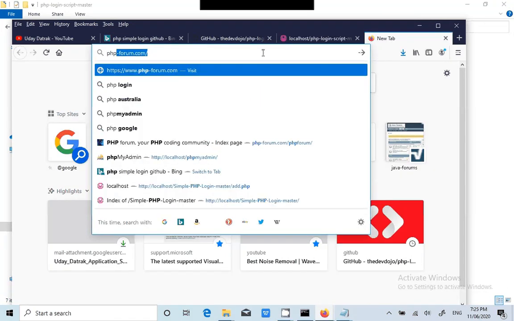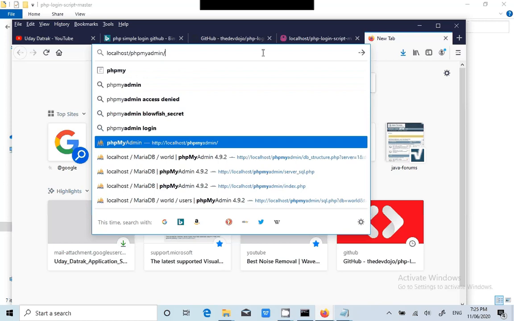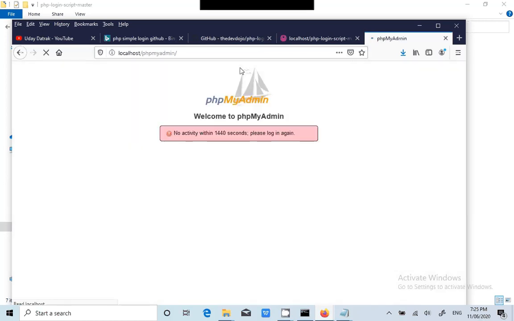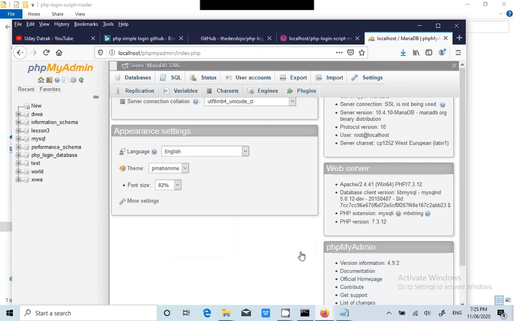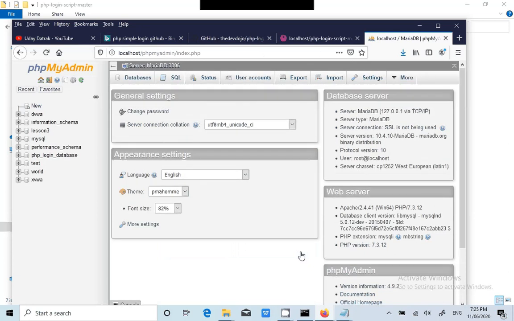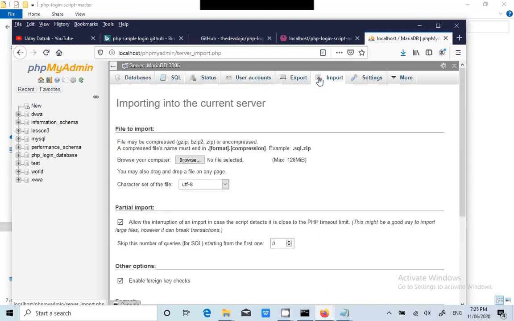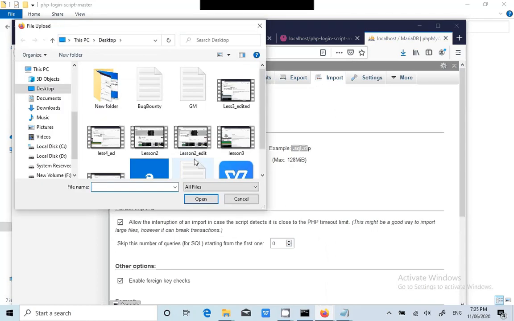phpMyAdmin. The password is blank. Import the .sql.zip file. I did this long before, but for you guys I'm doing it one more time.